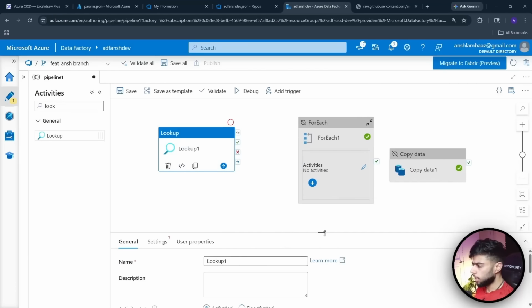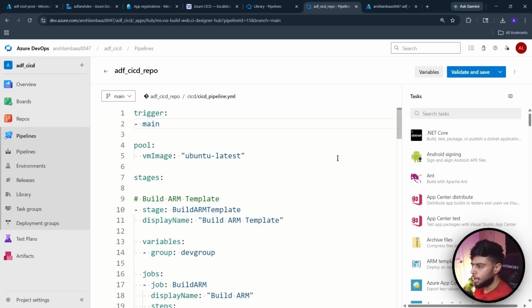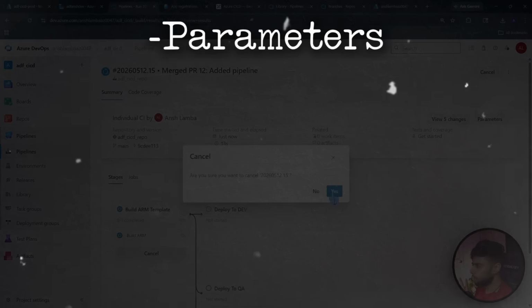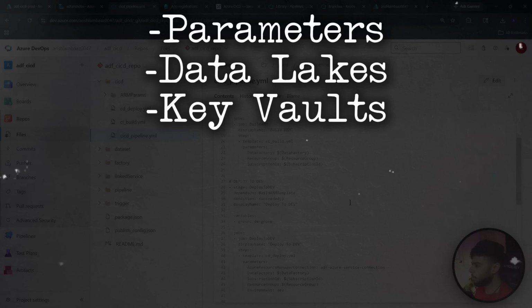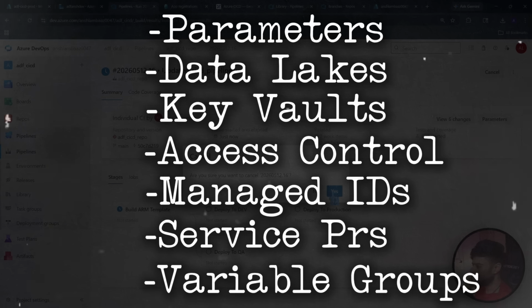As you know, I believe in practical learning, so in this particular masterclass, I will show you how to deploy the industry standard Azure Data Factory pipeline with parameters, data lakes, key vaults, access control, managed identities, service principals, variable groups, and much more. Because in the real world, we do not just deploy the simple pipeline, we deploy the